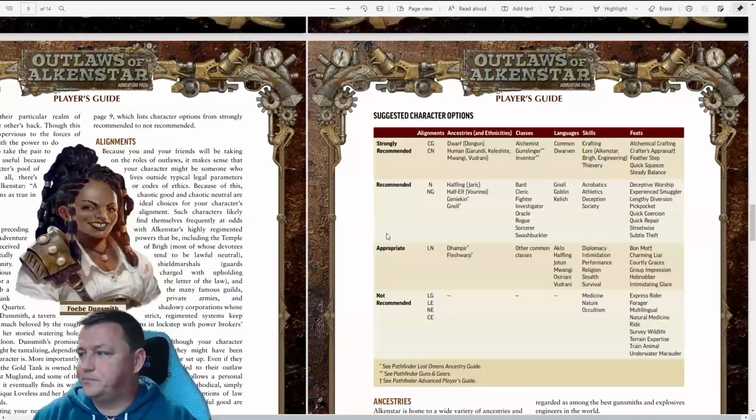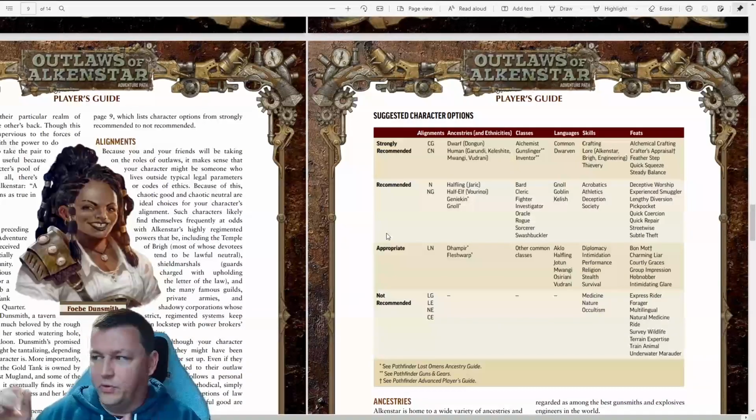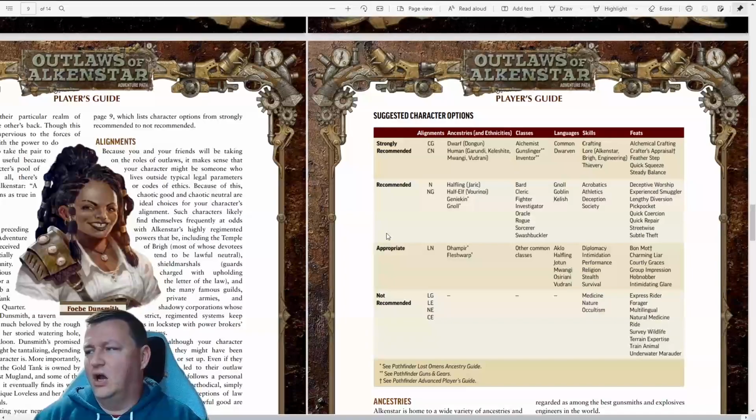We'll have to see. And then for the appropriate feats: Bon Mot, Charming Liar, Courtly Graces, Group Impression, Hobnobber, and Intimidating Glare. It's an eclectic mix. I guess with Intimidating Glare, most people understand your language, so you don't need it. I don't know. Courtly Graces, you're not going to be doing a lot of rubbing elbows with the socialites